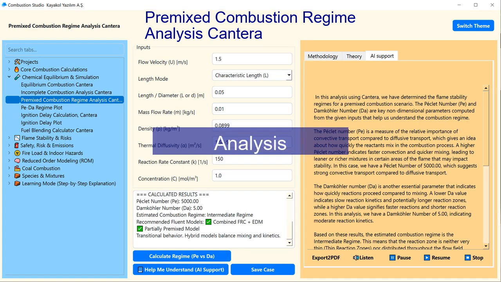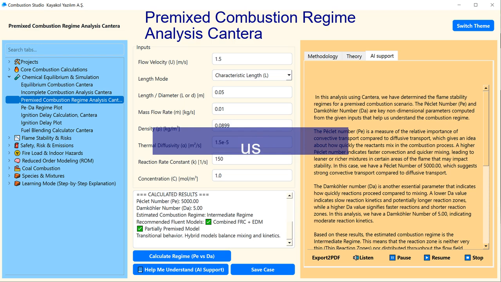Premixed combustion regime analysis. Cantera. Premixed combustion refers to a process where fuel and oxidizer are mixed at the molecular level before ignition. The resulting flame structure depends strongly on the relative influence of chemical reaction rates and transport processes, convection and diffusion. In this analysis using Cantera, we have determined the flame stability regimes for a premixed combustion scenario. The Péclet number, Pe, and Damköhler number, Da, are key non-dimensional parameters computed from the given inputs that help us